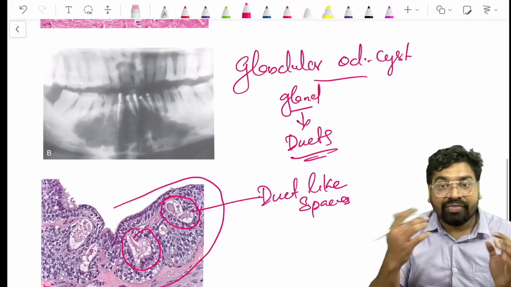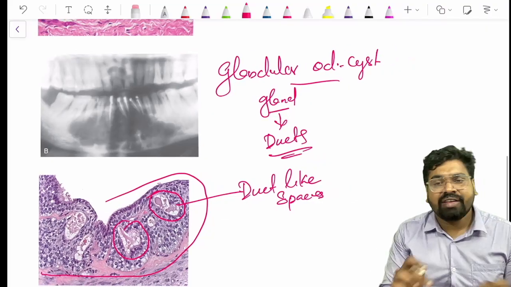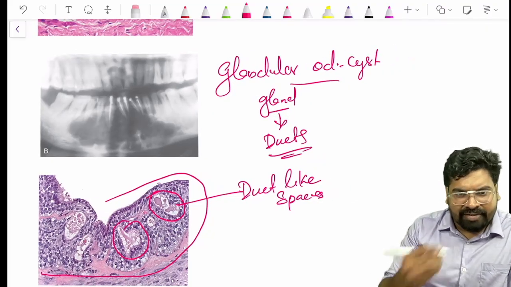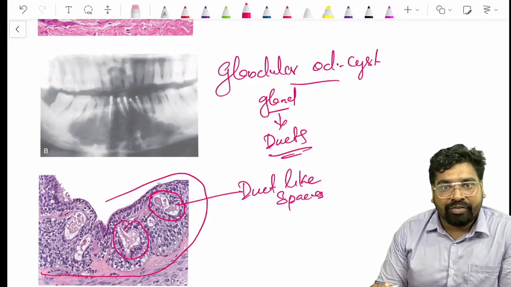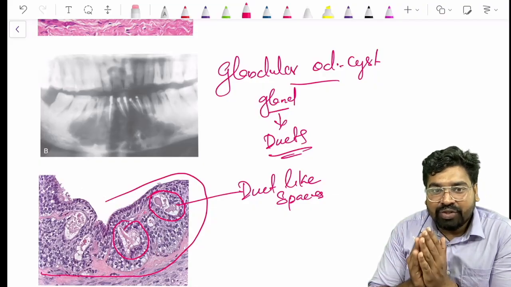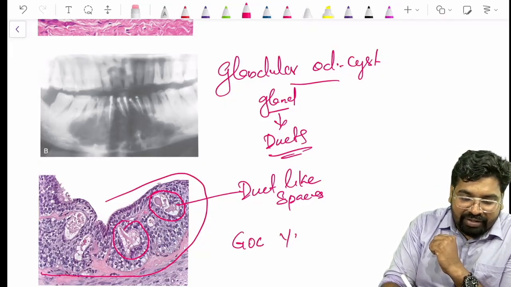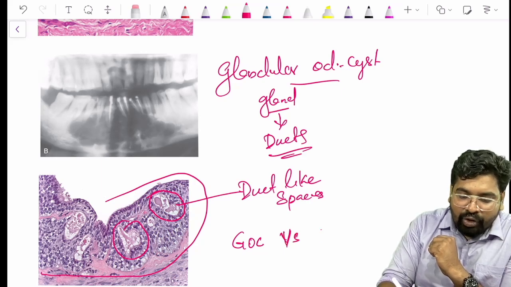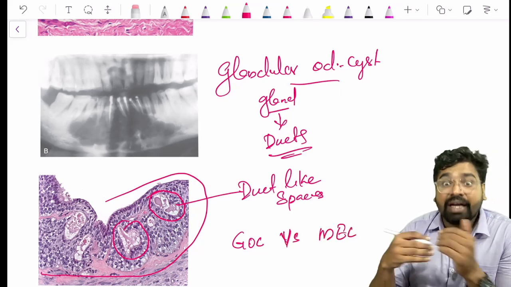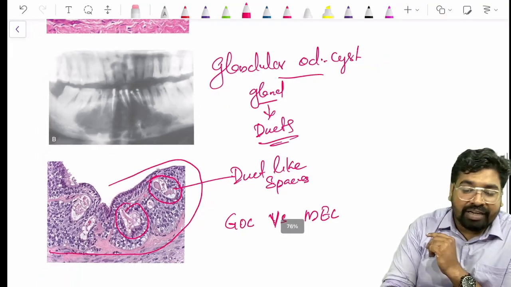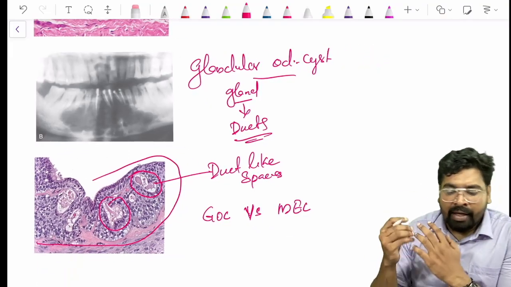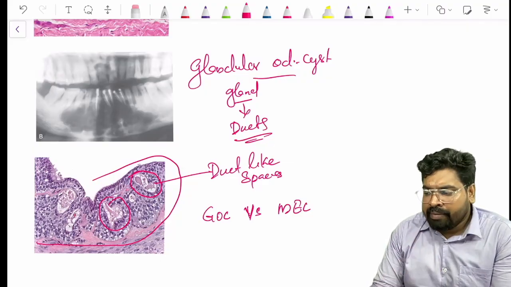And what other features you can see is that glandular odontogenic cyst will look like a mucoepidermoid carcinoma. So there is a very big confusion on how to identify GOC, glandular odontogenic cyst, versus mucoepidermoid carcinoma, MEC. It is very difficult to diagnose actually. So there is a criteria for that that was given by